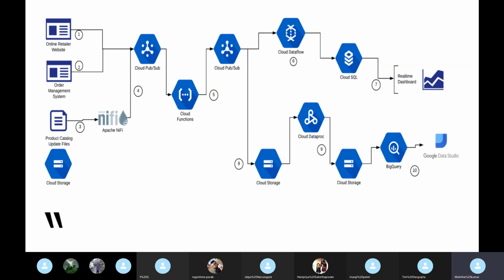And later, the data mart, where the cloud storage at step 8 is there, will take the data from the Cloud PubSub, and by using that data, it will again try to process using the Cloud Dataproc. So the difference is Cloud Dataflow will create new jobs. It can write new jobs, but the Cloud Dataproc will run the existing ones. So it will pick the data from the cloud storage, and then after processing, it will send it into the cloud storage. Then BigQuery will pick it up and send it to Google Data Studio, where the data can be visualized.